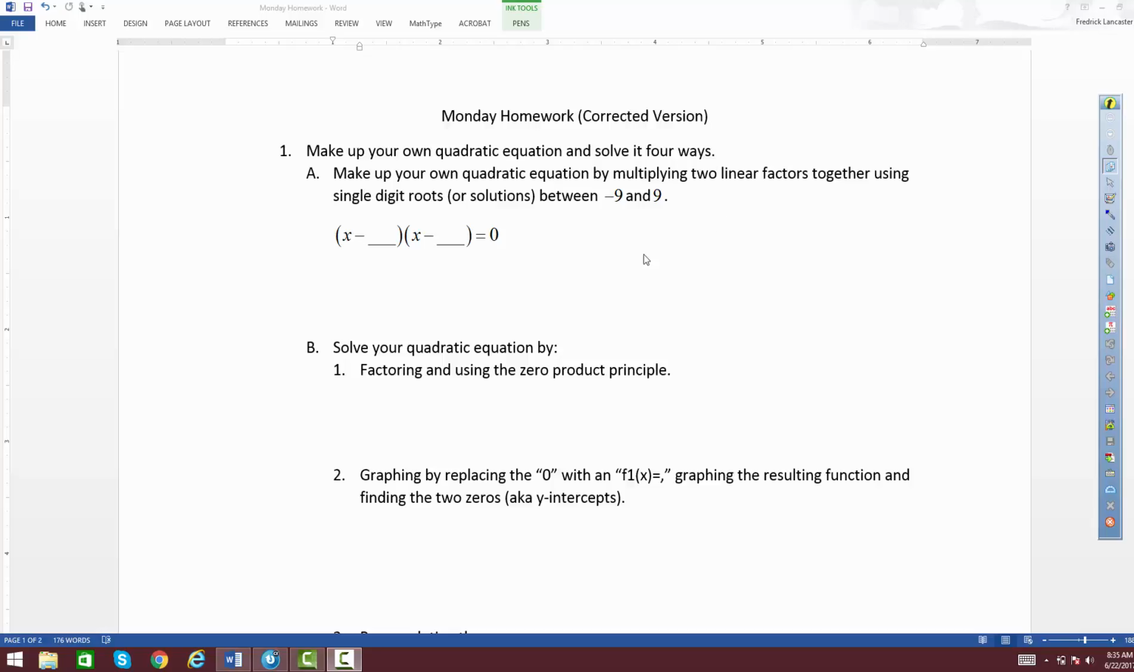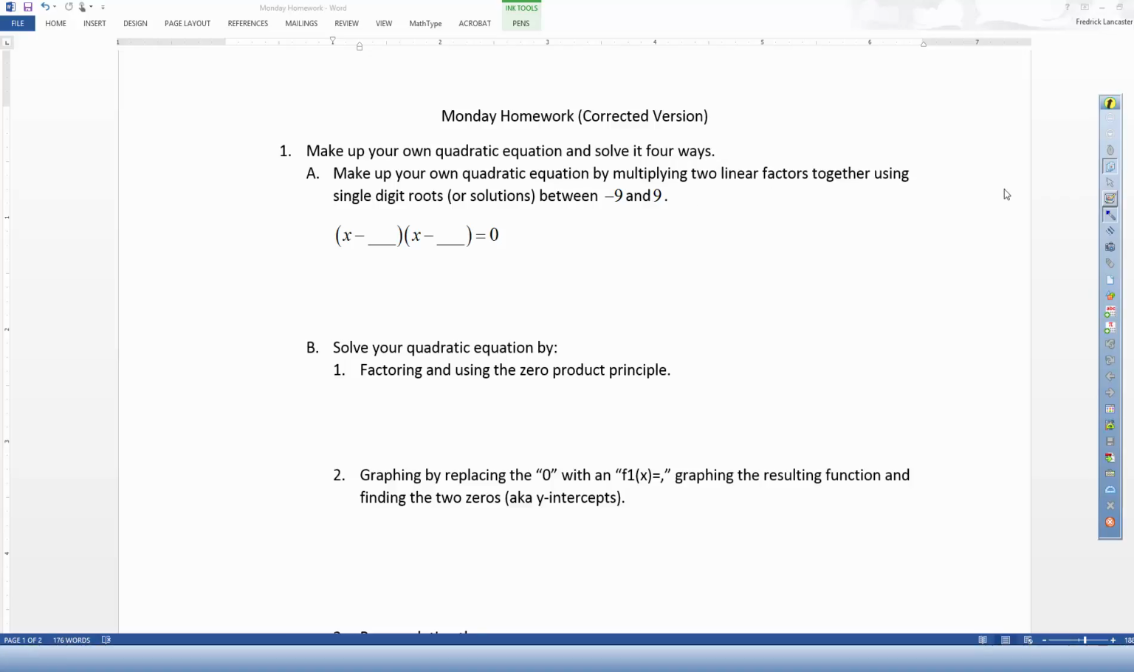This is the first in a series of videos that will show you how to do the Monday homework. So the first directions say make up your own quadratic equation and solve it 4 ways. Make up your own quadratic equation by multiplying two linear factors together using single-digit roots or solutions between -9 and